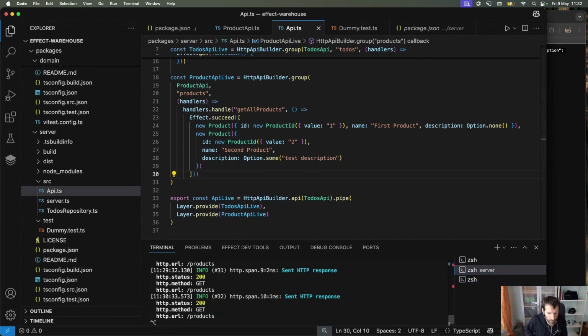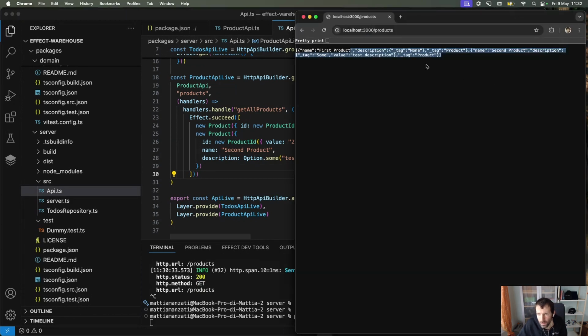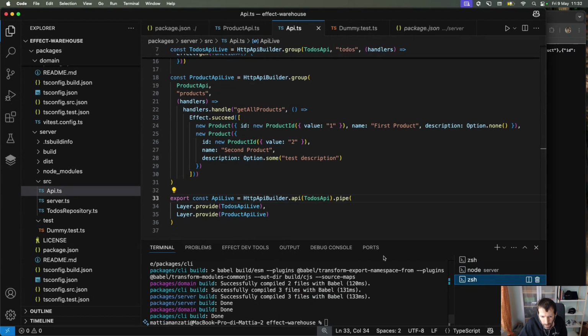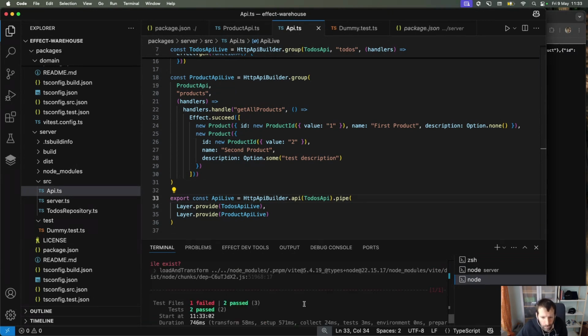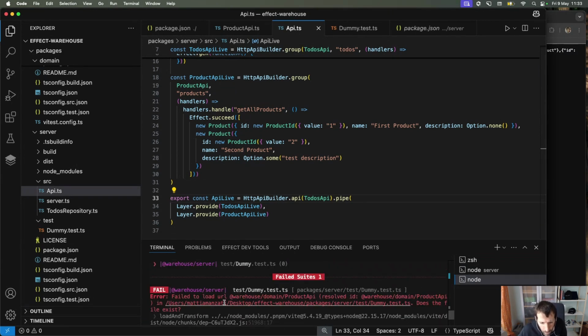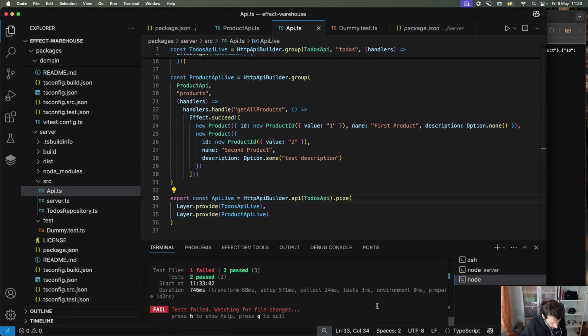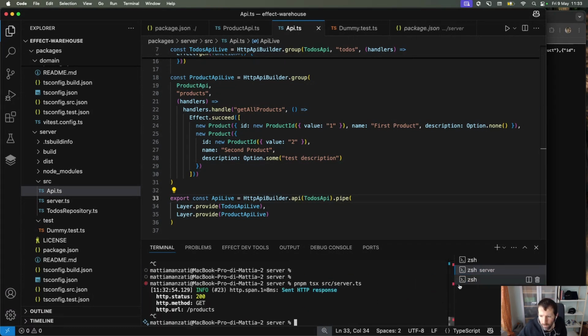If we stop and restart our server, now we should get updated output for that. Nice. And our tests should be fine as well. Oh, what did we break? Failed to load. Oh, okay. Failed to load warehouse domain product API. Okay. So let's check. Why did Vitest fail to resolve